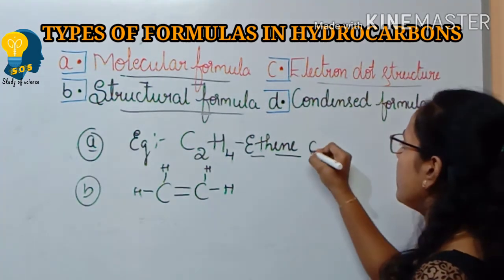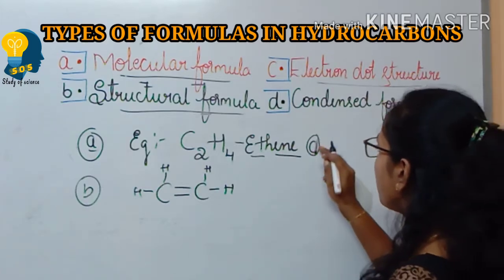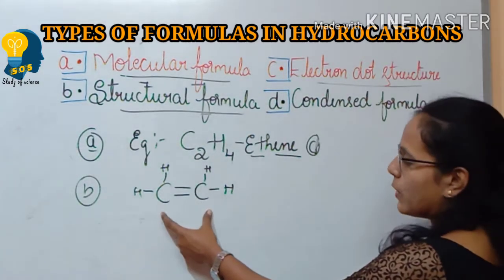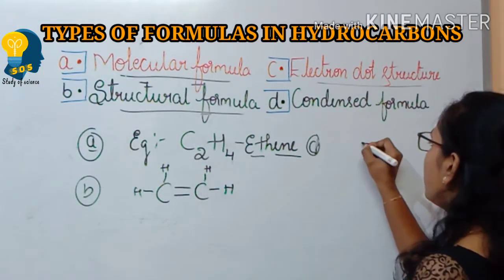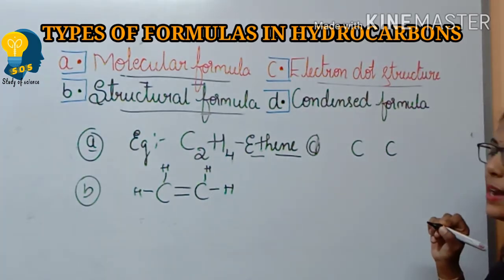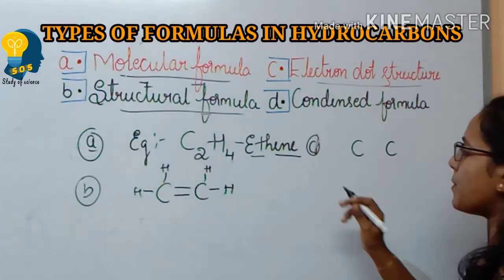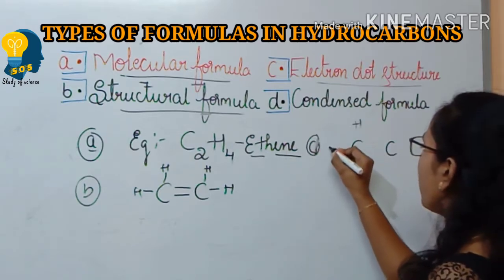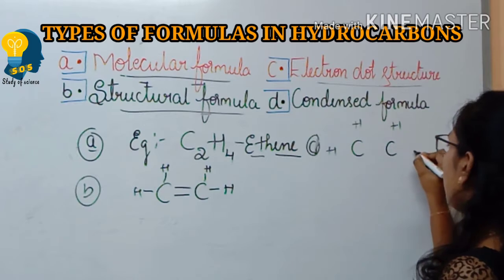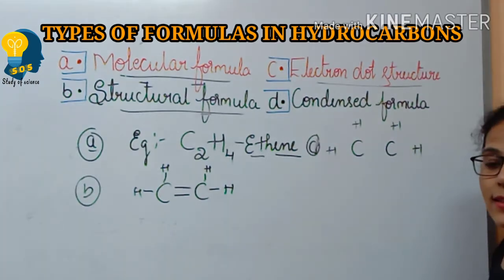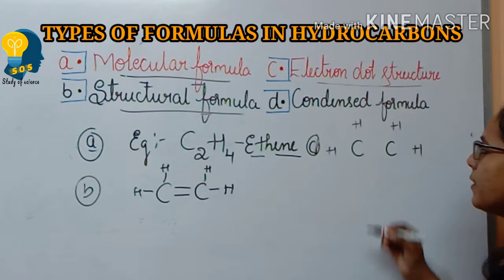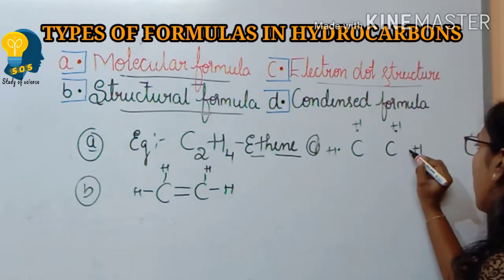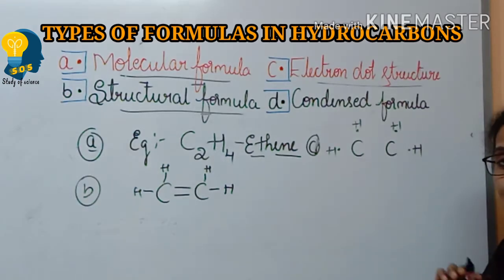So this is the third one we are going to write: the electron dot structural formula for ethene. Let us look at what eth is. Eth means 2 carbon atoms, right? So how many hydrogen atoms are there surrounded by carbon? It is 4. 1 and 2 and then 3 and then 4. Now let us satisfy the valence electron of hydrogen, that is 1, 2, 3 and 4. So now I have written the valence electrons for hydrogen.